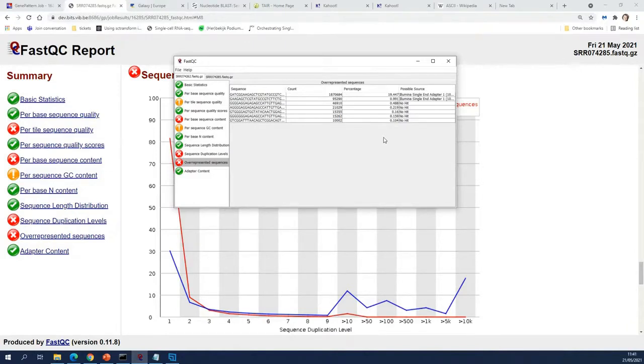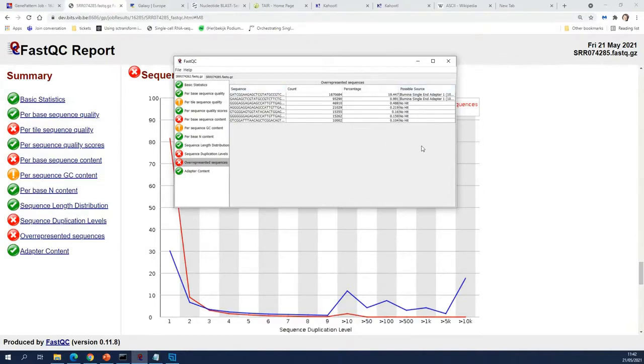What are known contaminants? Well, typically adapter sequences. During library prep, there is always a step where you ligate adapters to your fragments. But you have no control over ligation, so you will also ligate adapters to each other, and they will also appear as fragments in your library. You can sequence them, but what you will sequence in that case is adapter dimers, adapter sequences, and not fragments. But they will appear in your library. So since they are known to contaminate most next-gen sequencing libraries, FastQC is blasting these reads against a database of